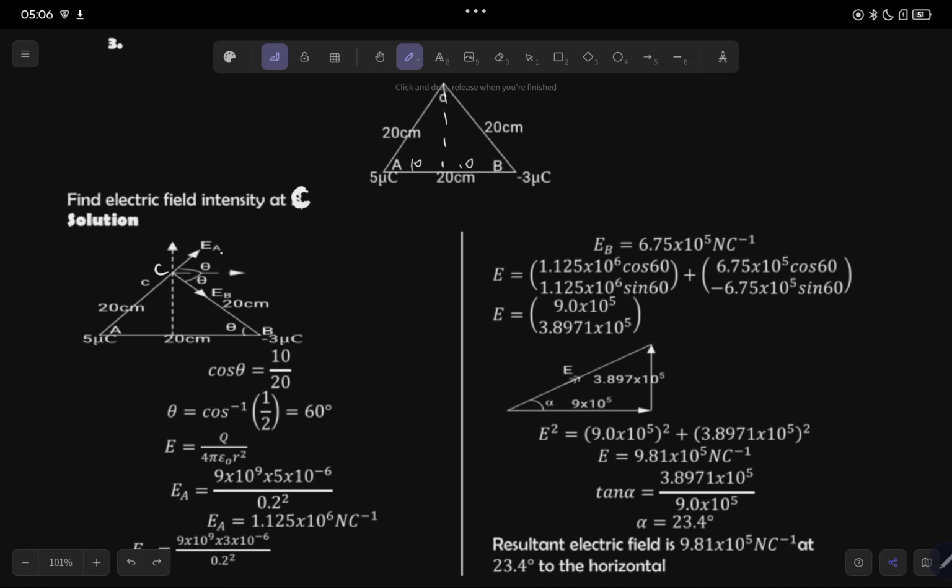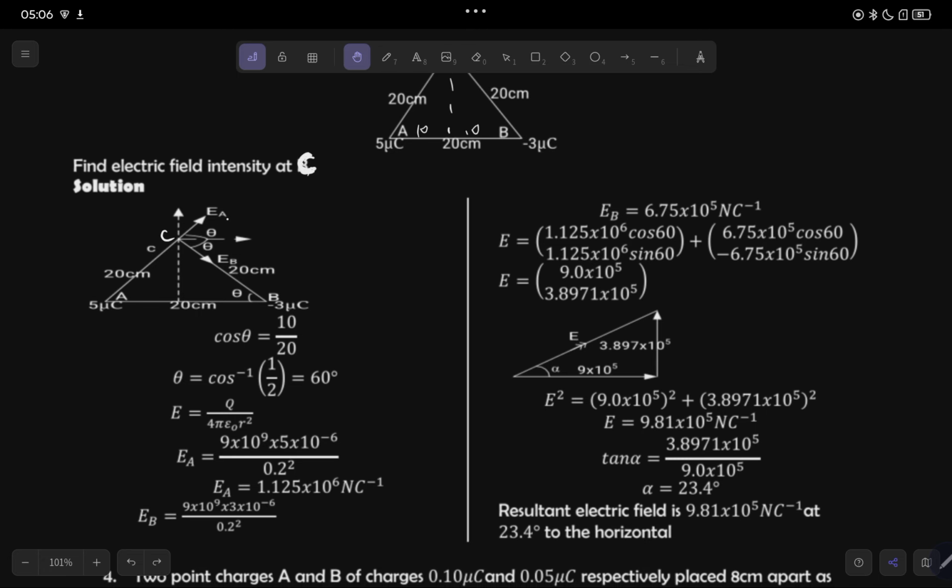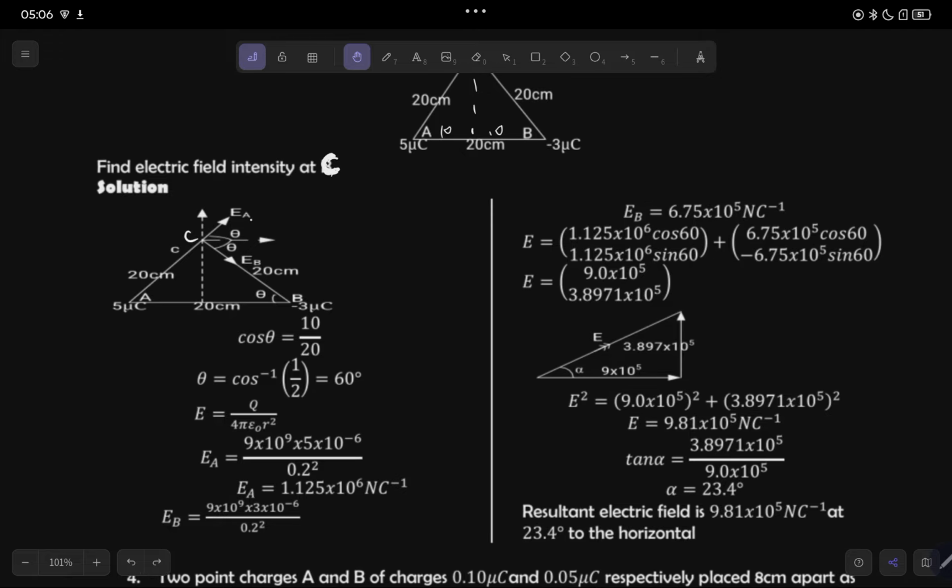Now if you work out the magnitudes of electric field intensity at A and electric field intensity at B using the formula that we have already seen, electric field intensity is Q over 4 pi epsilon naught R squared. If you substitute the corresponding values for the charge at A, you get electric field intensity at A is 1.125 times 10 to the power 6 Newton per Coulomb. If you substitute the details of charge B, the charge and the distance from C, you get electric field intensity due to B as 6.75 times 10 to the power 5